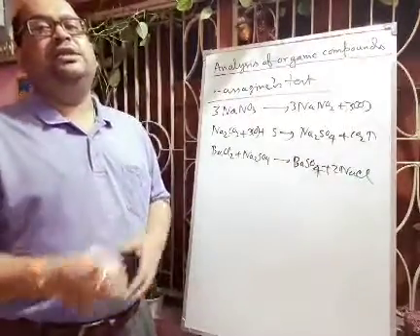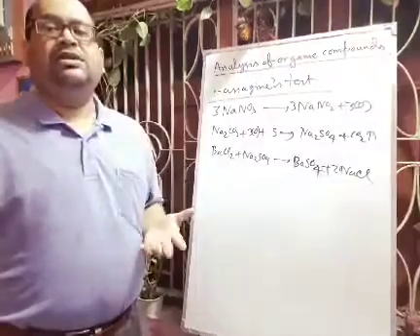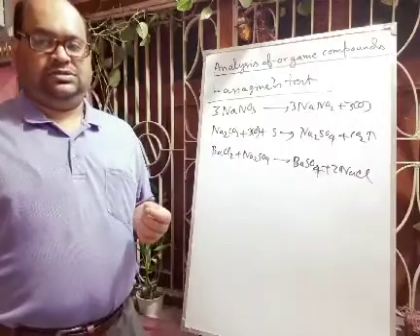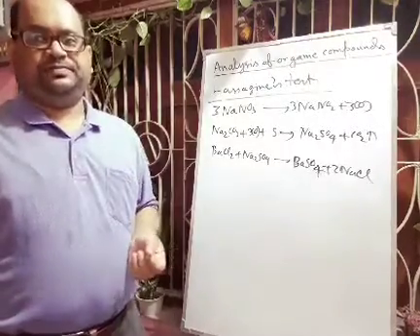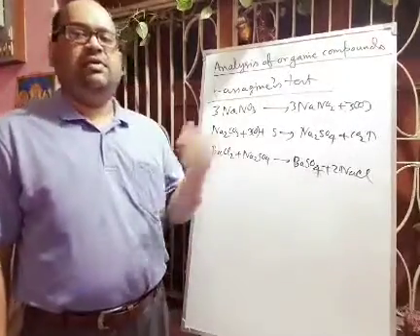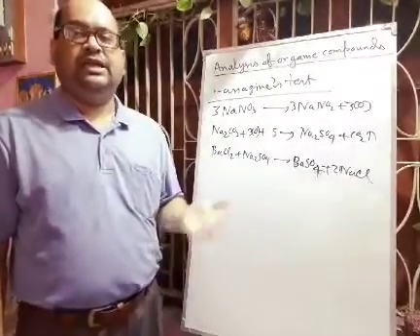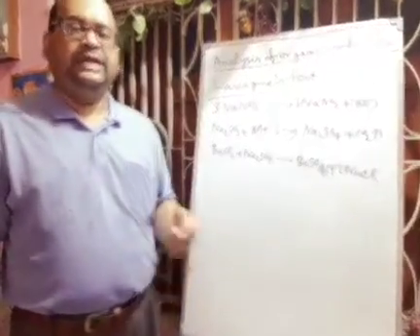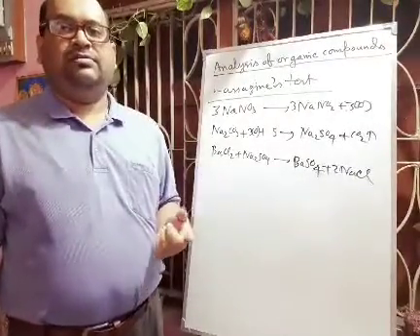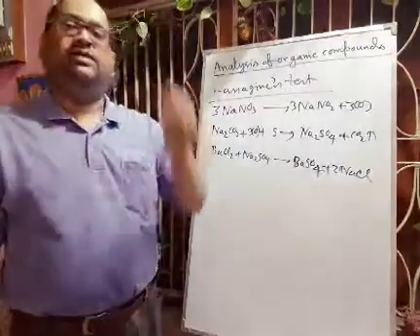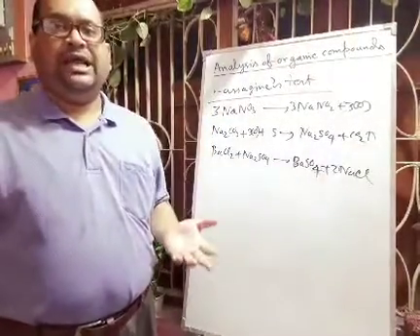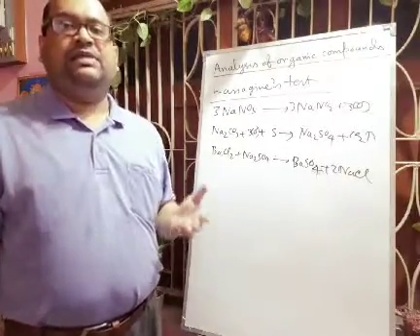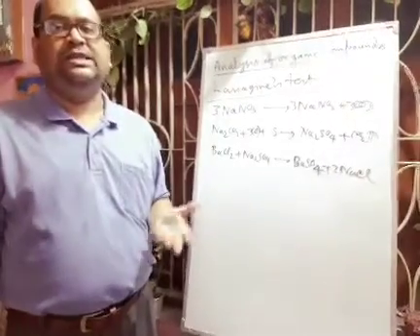Okay. Next we will discuss the detection of halogen. First we will discuss the Beilstein test. You have to take a copper wire, okay, and you have to apply heat in a Bunsen flame. And if it is giving any color, then you have to heat it continuously until it becomes colorless. Okay, then you have to touch it with the organic compound, and then again heat the copper wire and organic compound in the Bunsen flame. So a volatile copper halide will form, okay, and that will give a green or blue color to the flame. That will indicate that there is halogen. Okay, so halogen is present in the organic compound.